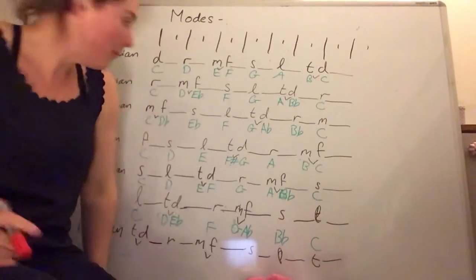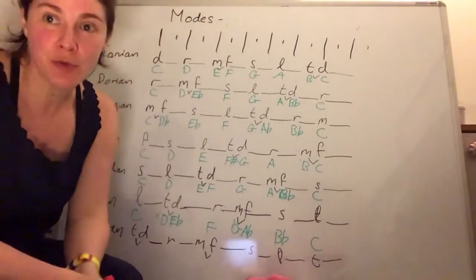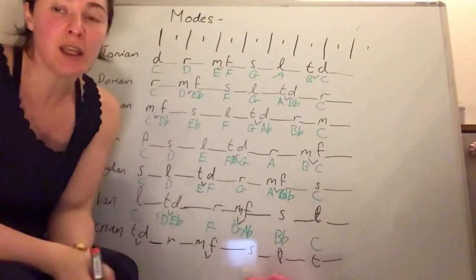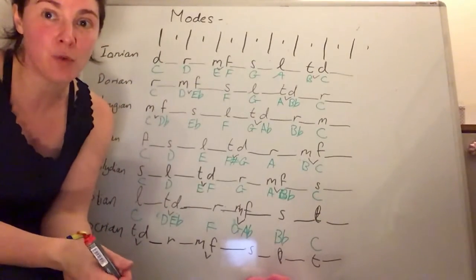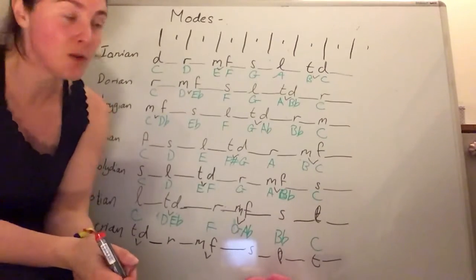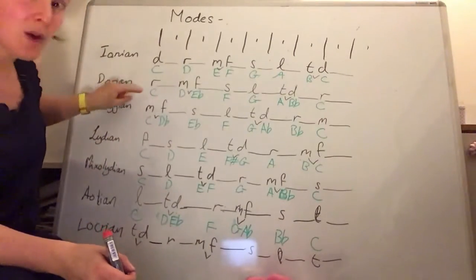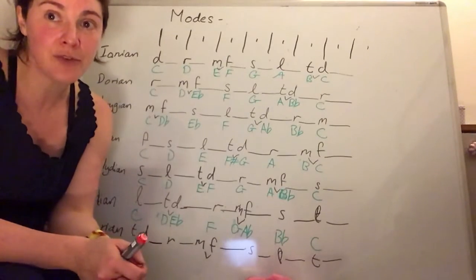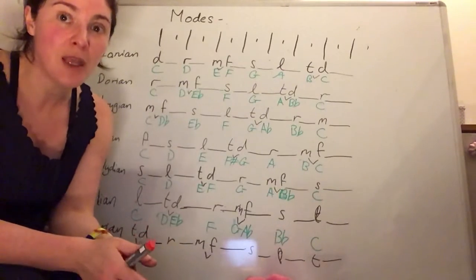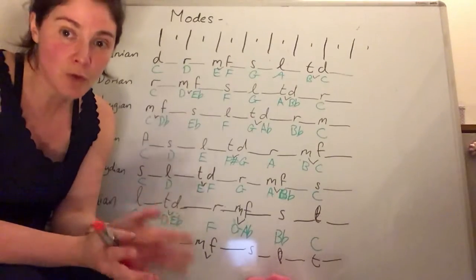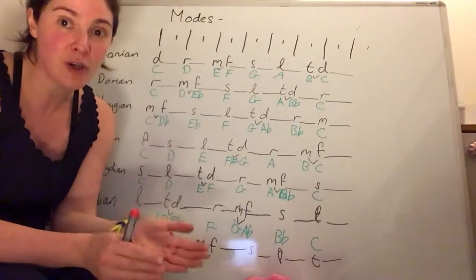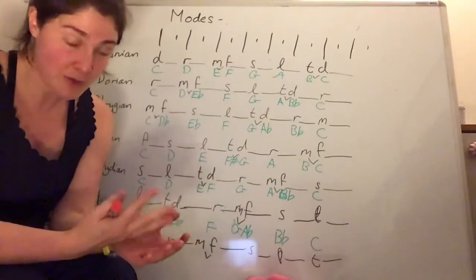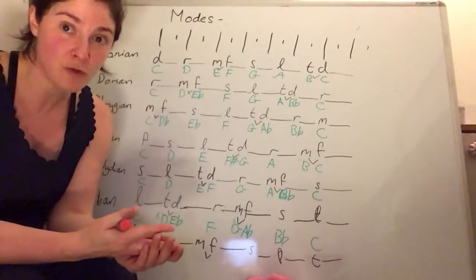Hello! So I'm bobbing down because I want to get the full screen in here. So this is the last video that we're doing about modes, and this is a different way of doing it where we start with the starting note as C every time, and the patterns of the scales, the tones and the semitones, build up. So instead of using the same group of notes and just starting on a different note each time, we're actually changing the accidentals and the chromatic notes that we have to play to create the pattern